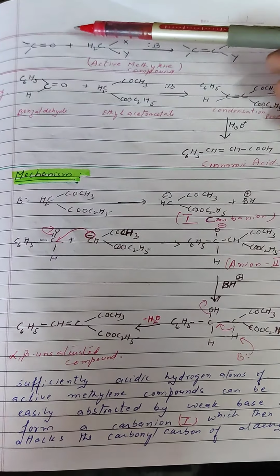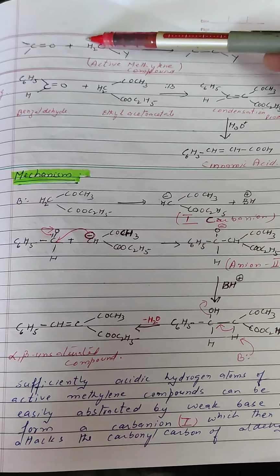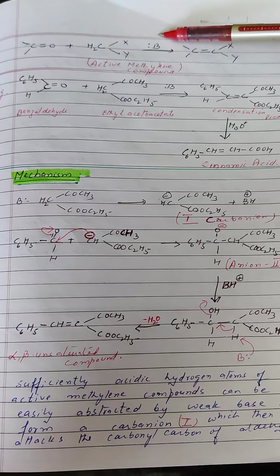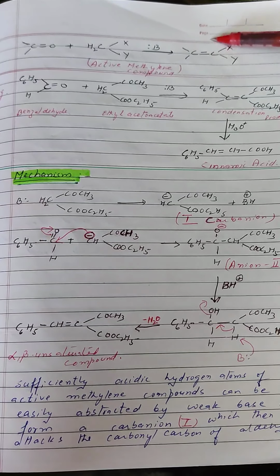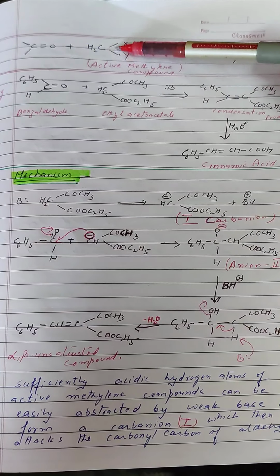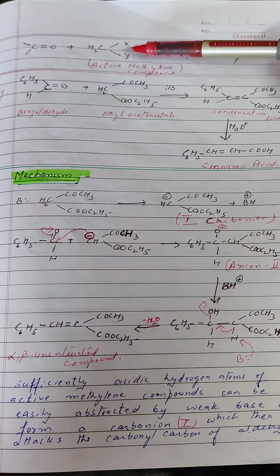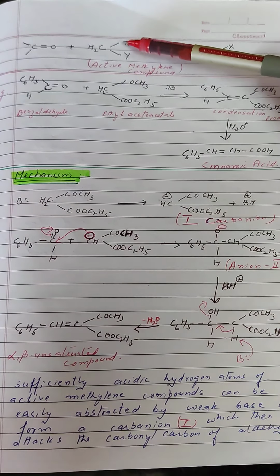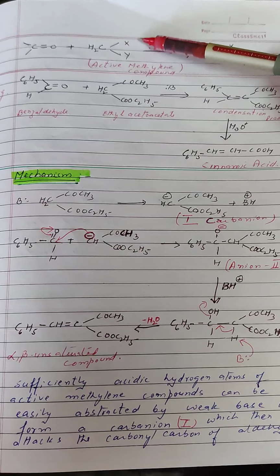In general, we can say if this is the aldehyde, aromatic or aliphatic aldehyde, this reacts with the active methylene compound in presence of weak base B and results in the formation of alpha beta unsaturated or olefinic compound. Here remember this CH2 is the active methylene group. Here it is flanked on either side by X and Y. These X and Y groups can be same, they can be different, but they are groups which are electron withdrawing in nature.